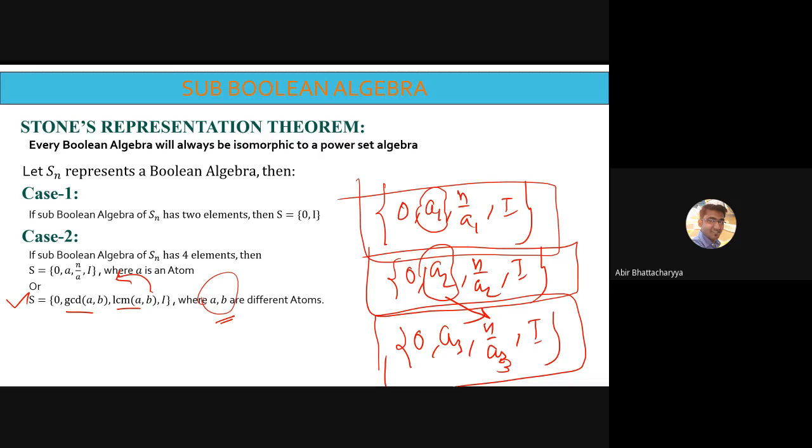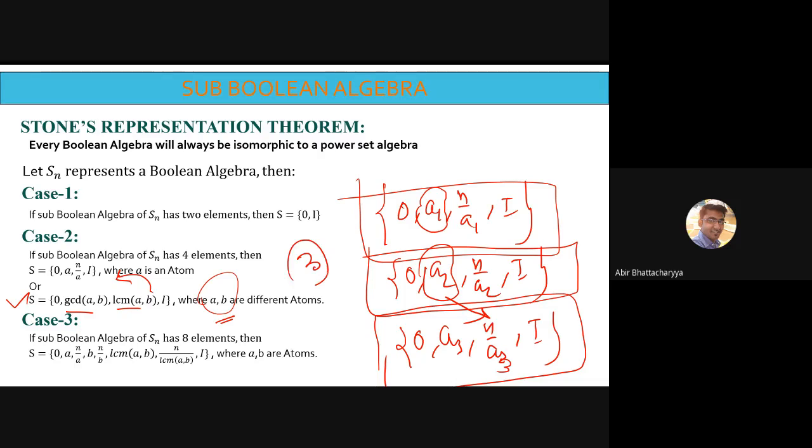After calculation, we will write the total number of possible sub-Booleans from case 2. If it is 3, we will write 3. In the first case, obviously there is only one possibility, that is S equals to 0, I. Then we will go for case 3. Case 3 has 8 elements. Now my question is: if the sub-Boolean has 8 elements, and the Boolean algebra is also having 8 elements,